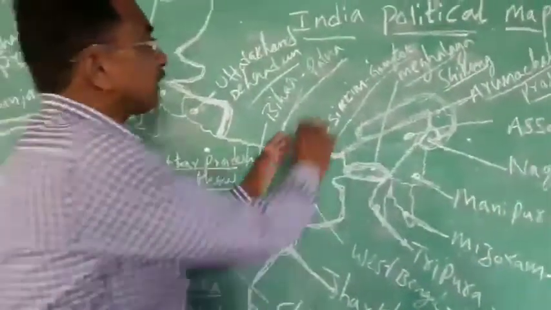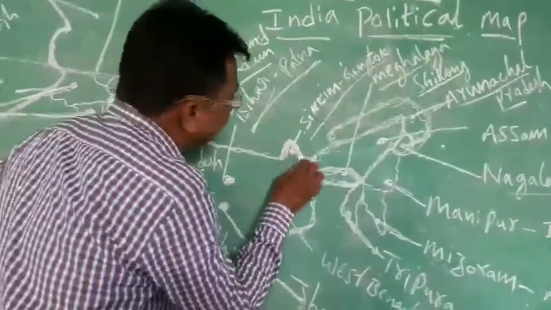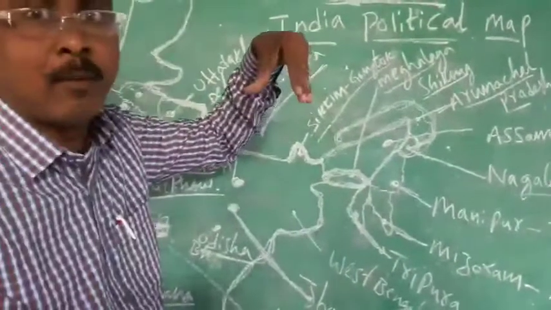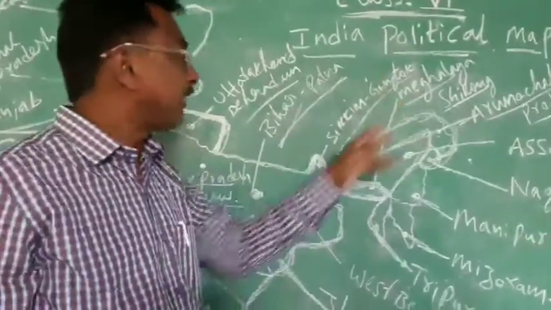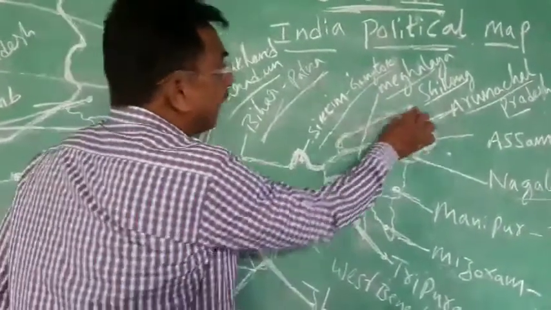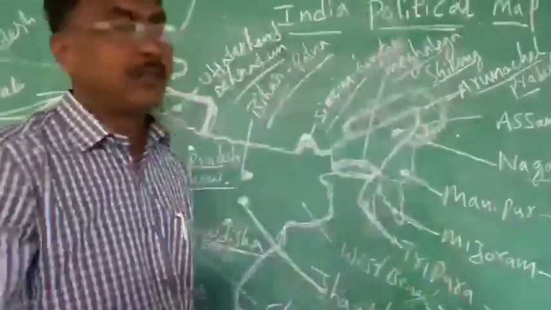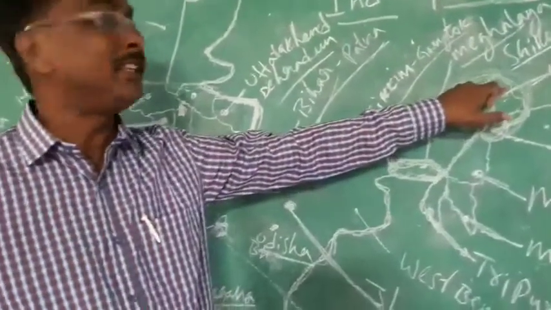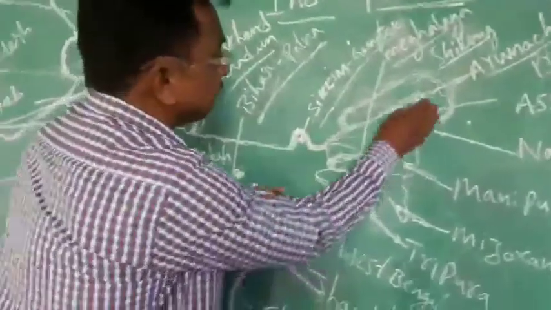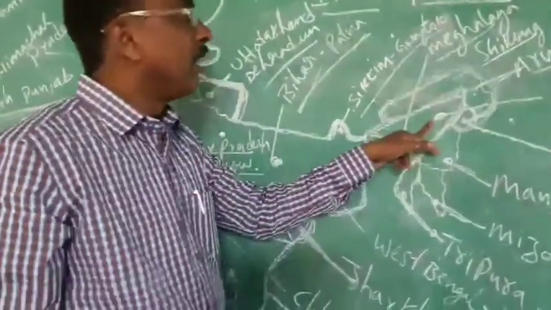And next, you may be somewhat confused here. Don't be, I'll remove your confusion. Some height will be like this on the map. So this is called Sikkim, Gangtok, and this last part you should remember is Arunachal Pradesh, Itanagar. And here in the center, it is like an A shape: Assam, Dispur.